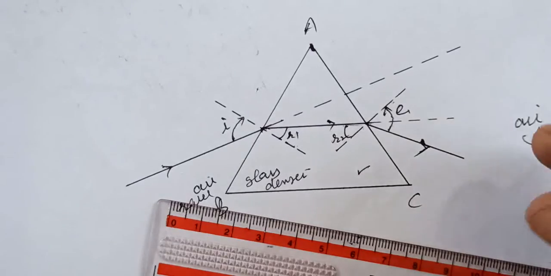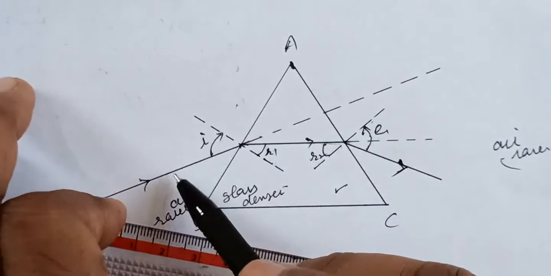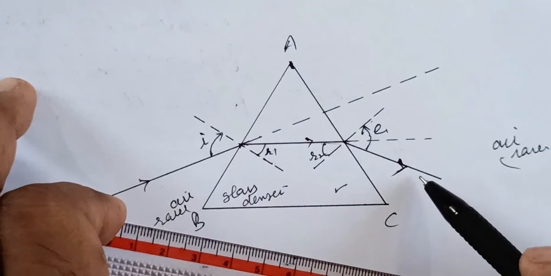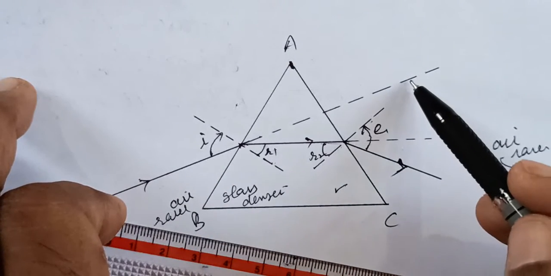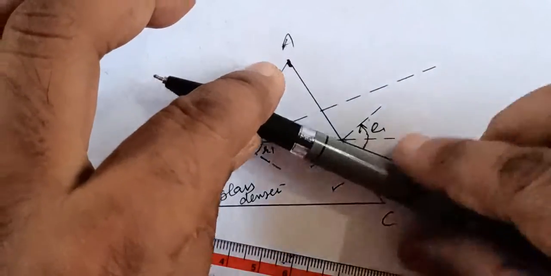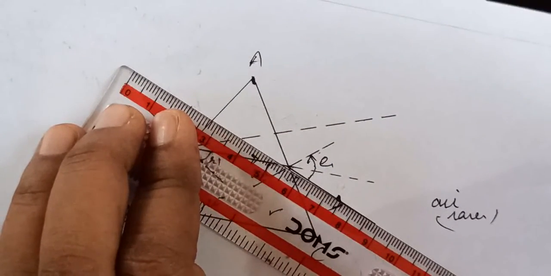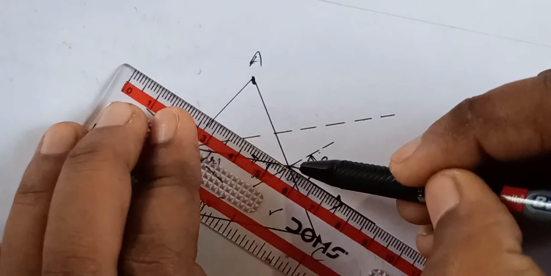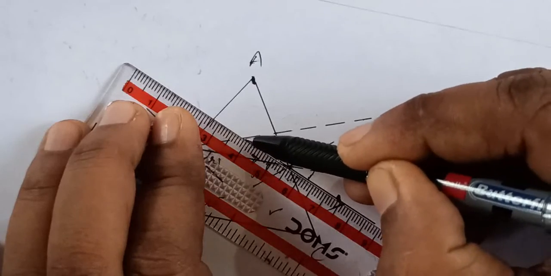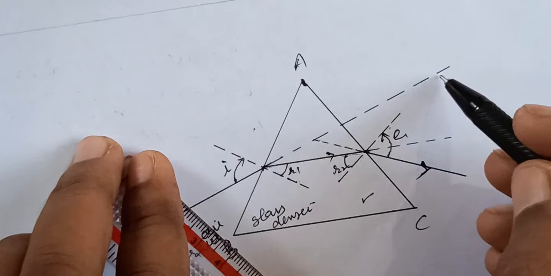Right? And now if you see, the incident ray is going along this direction, but when this ray enters the glass and emerges out, it is not going along the same path. Then what is the angle through which this ray bends, deviates? We have to find out. So how do you find out? This emergent ray you can reproduce backward. I am reproducing it backward up to the incident ray. This is the original path of the incident ray.